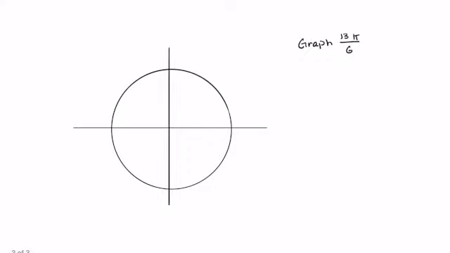Last example, we have 13 pi over 6. Well, again, I'm thinking about it in terms of money. 13 over 6 is approximately 2 point something. I'm going to say 2.2, 2.1, somewhere around in there. But I know 0 and 2 pi is there, pi over 2, pi, 3 pi over 2, and this is 2 pi. Well, if I had to go again, this is going to be 5 pi over 2,